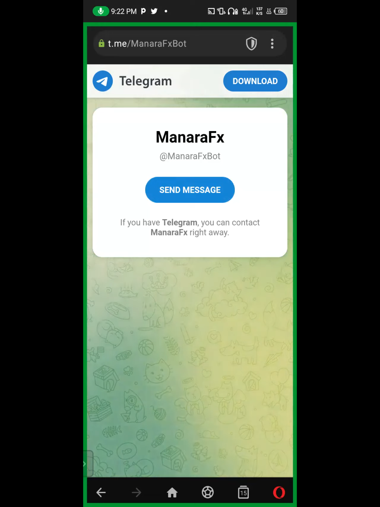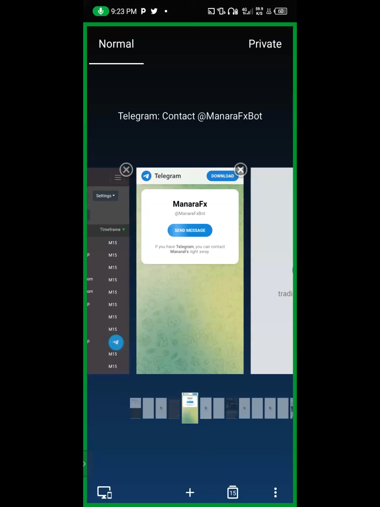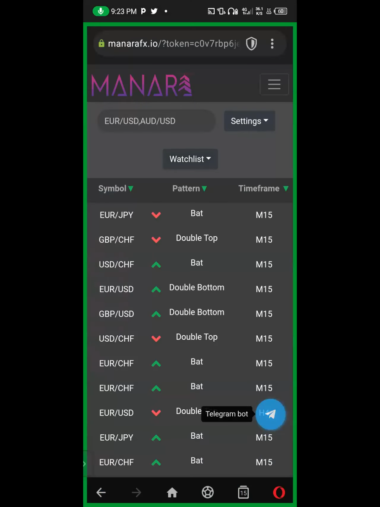So based on all of this is how to use Manara. Now, how do you profit? We're on the next topic now. Profit maximization. As a new person, how do you enjoy the money from Manara? How do you profit from Manara? I mean, yes, you profit from Manara, but as a new person, how do you make